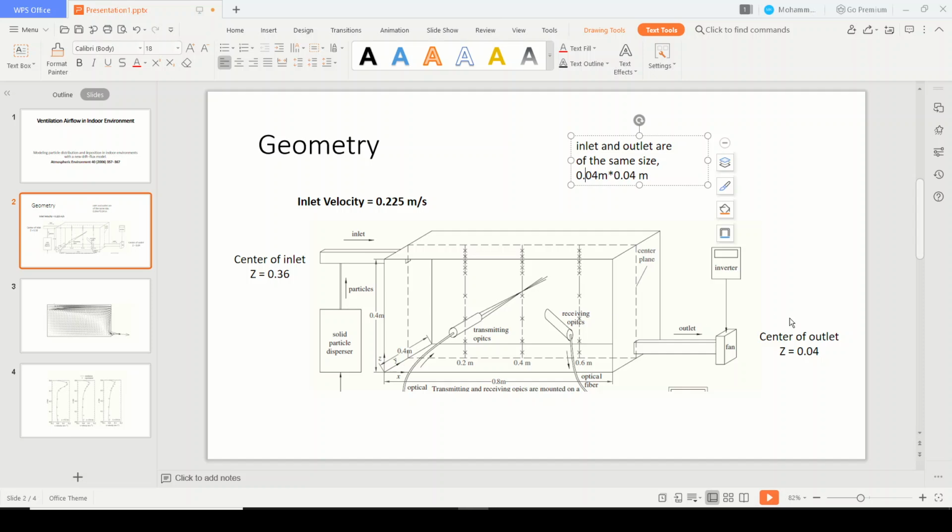Okay, so the naming will be like, we just have to name the inlet, the outlet, the walls, ceiling and the floor. Clear? So these will be